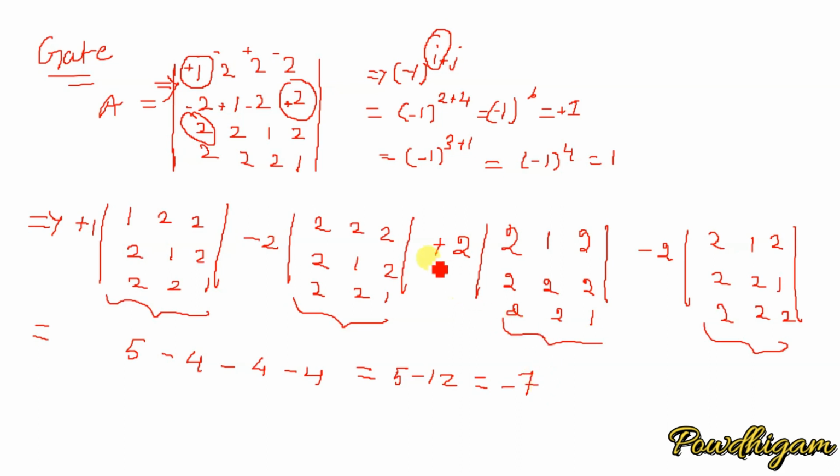If you solve each determinant separately, it will take a lot of time, and in the exam hall you don't have this much time to solve problems like these. For that I am going to give you a general formula, a trick to solve problems like these. If the given matrix is like this, x a, a x for a 2 cross 2 matrix,